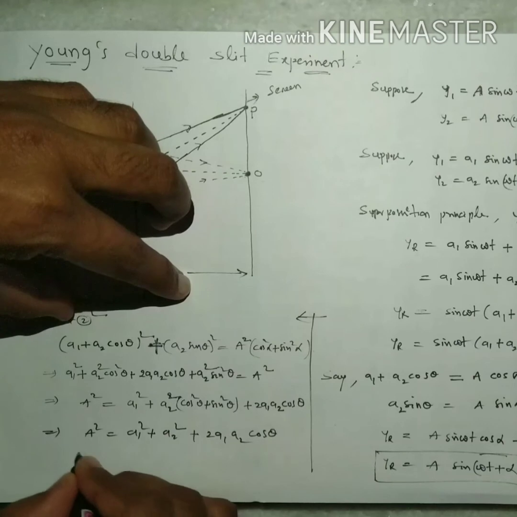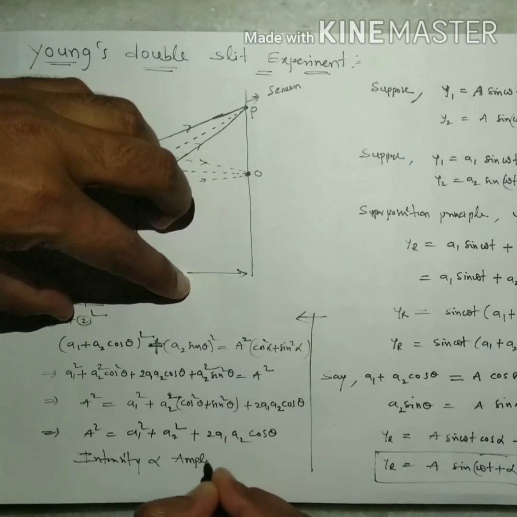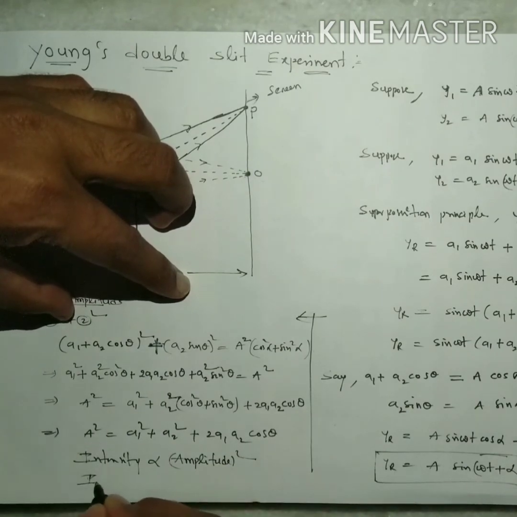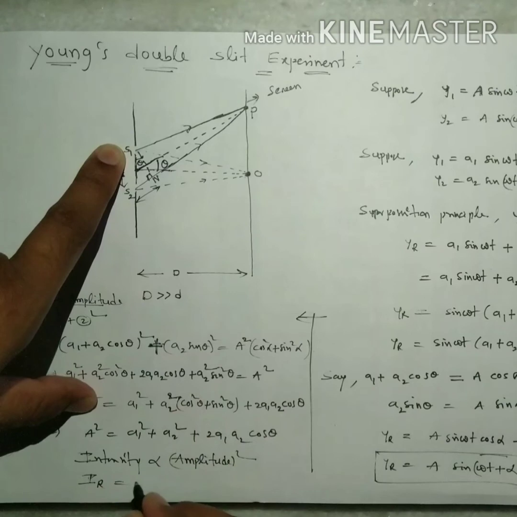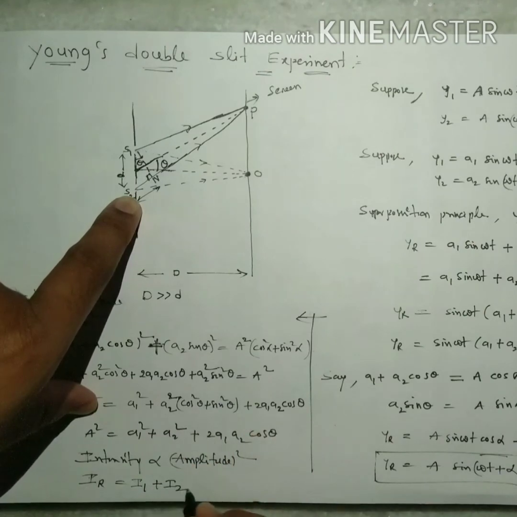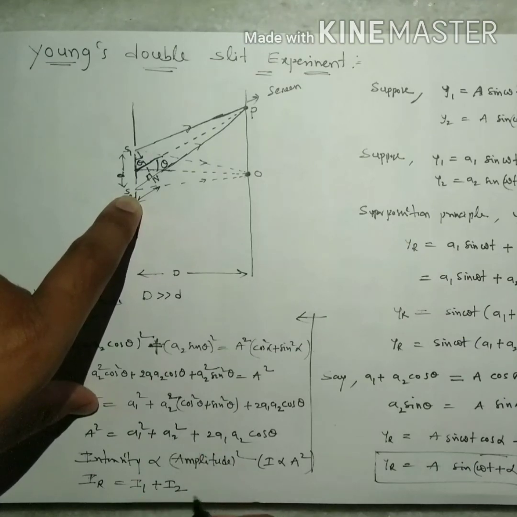Intensity is directly proportional to amplitude squared. Here A is the resultant amplitude, a1 is the amplitude of the first wave with intensity I1, and a2 is the amplitude of the second wave with intensity I2, because I is proportional to amplitude squared. So a1² is I1, a2² is I2, and 2 a1 a2 cos θ becomes 2 √I1 √I2 cos θ. So this is the resultant